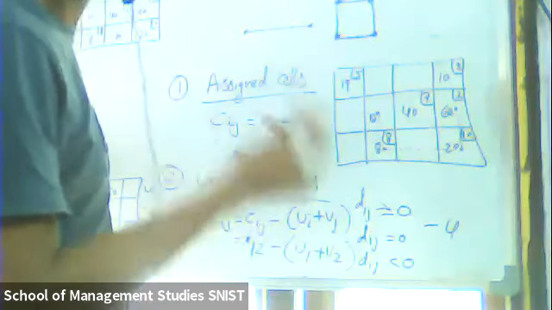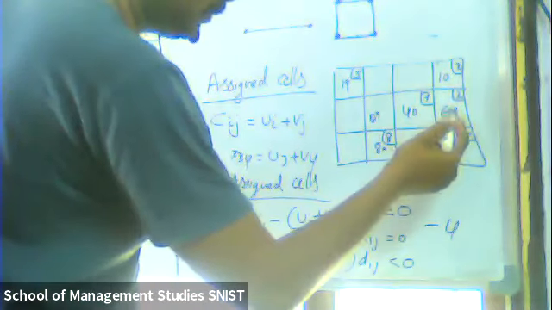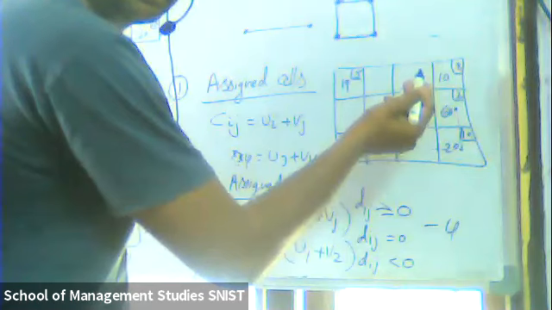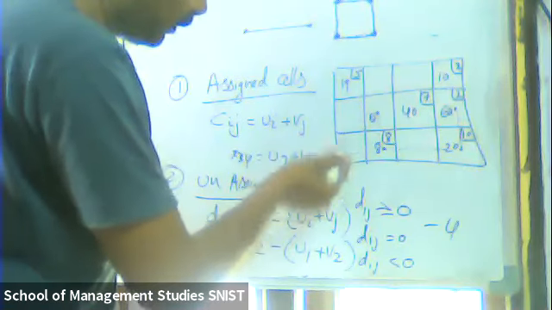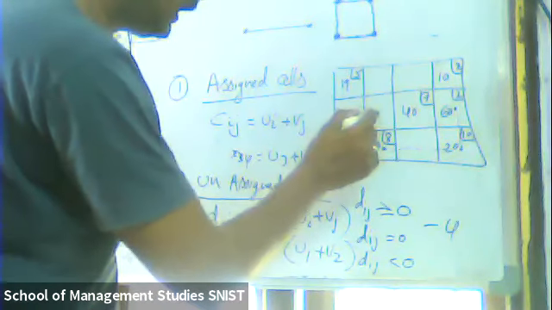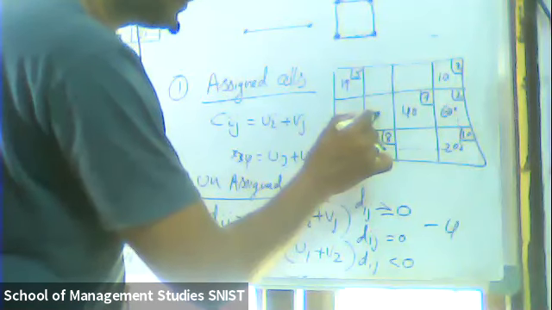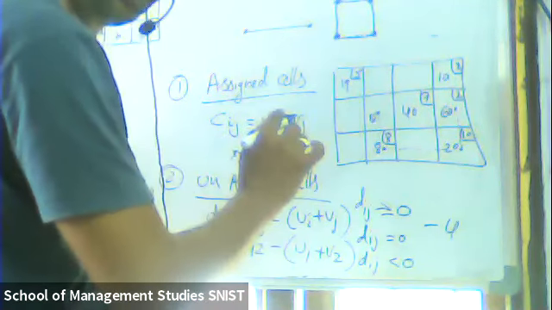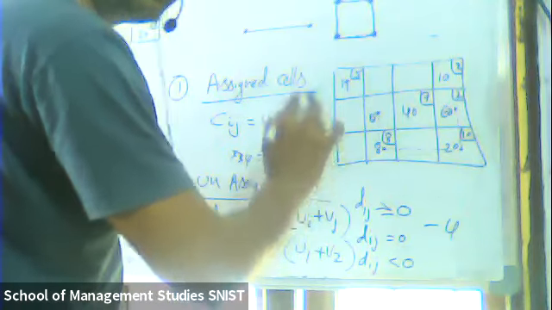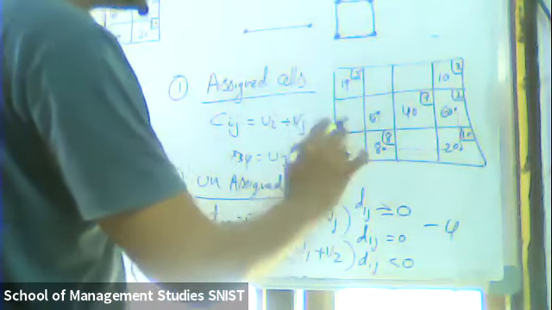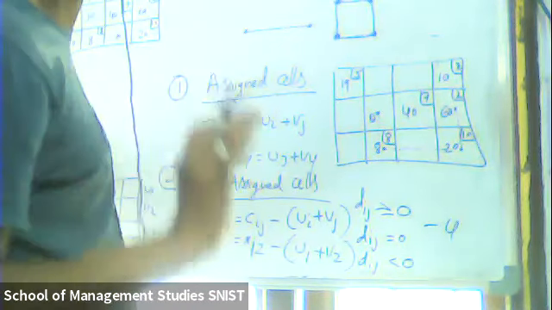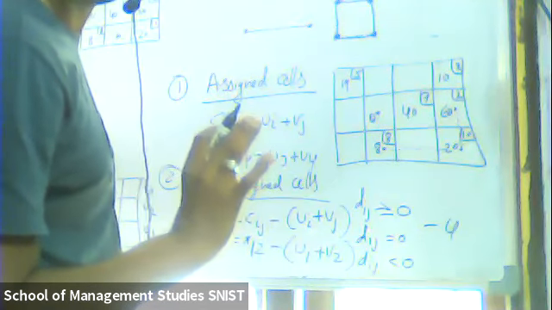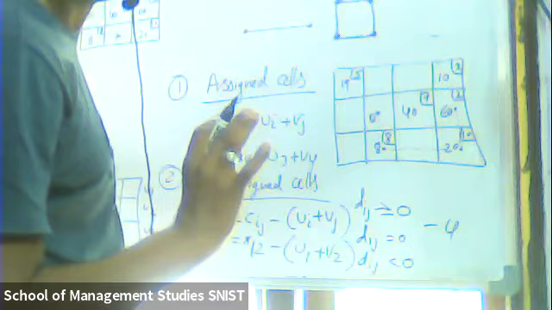Now maybe you may ask a question, sir, rather than stopping here you may stop here, right? Yes, you can stop here, but this has to end here. Now if you end here, is it possible to close at theta? Theta is here, right? So the loop has to go and has to end with any assigned cell, and that too either horizontal or vertical. This is the basic rule to construct a loop. Are you following? If you have any questions, please ask me.